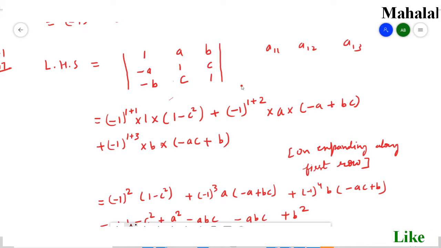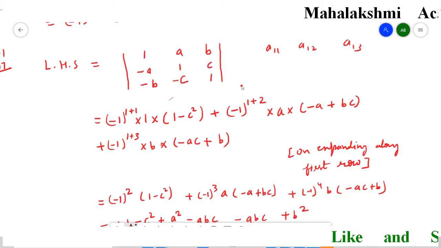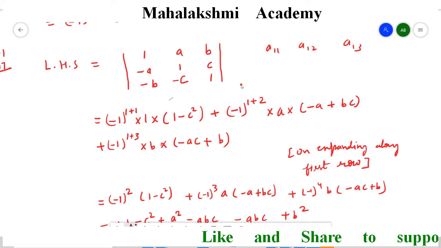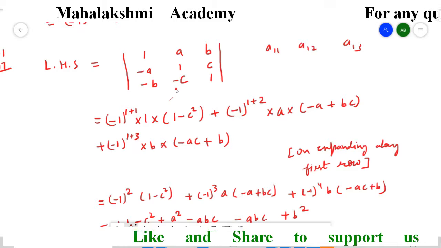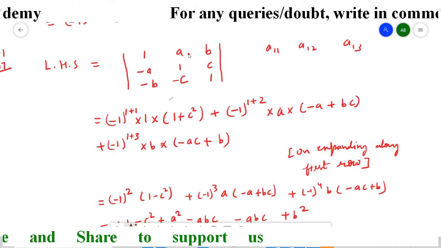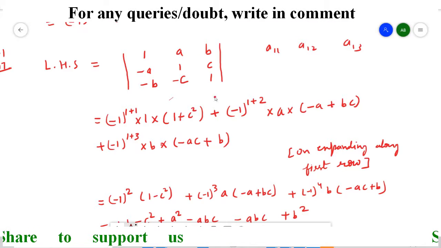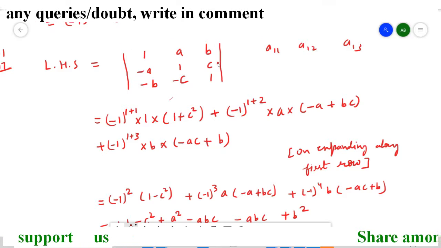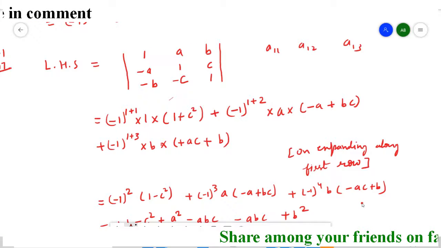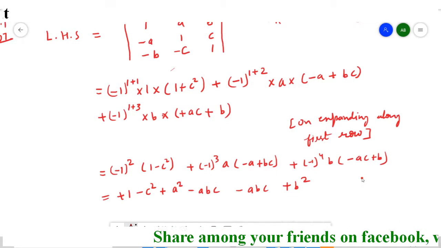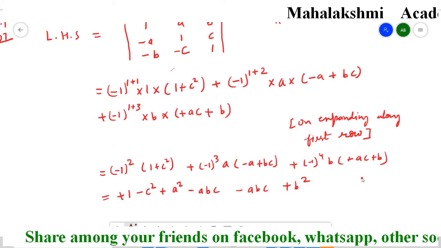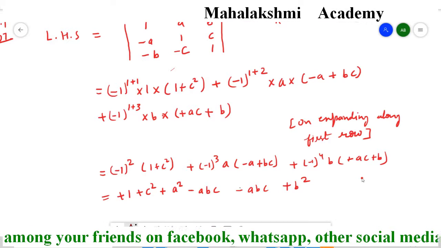Here actually minus c will come, so I took here plus c. So the answer is getting varied, it's not matching. So we'll change it again. So by taking it minus c, it's going to be here plus c. In the same way, when we write down for this column, then also it will change. For this column, it's going to be here plus ac. I hope after this we'll get our answer. So here we'll make plus c, and here also. So we will get here plus c plus abc.